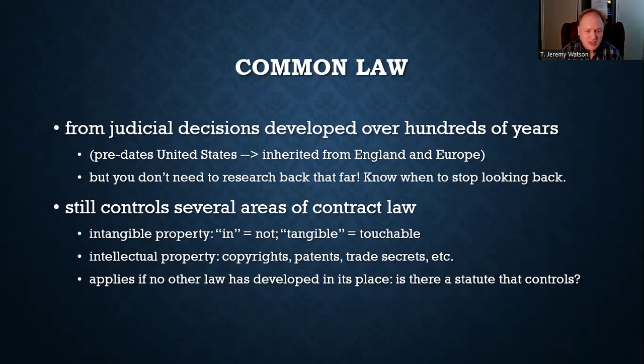Like your book mentions, in contracts involving intangible property. Intangible, in- is a prefix, of course, that means not, right? And tangible means touchable, concrete, physical. So intangible property. What is intangible property? Well, things like intellectual property rights, right? Copyrights and those kinds of things, patents, trademarks, trade secrets. Things that you can't touch, but we still think of as having value, right?